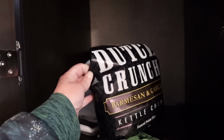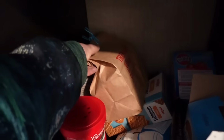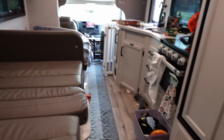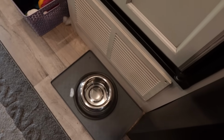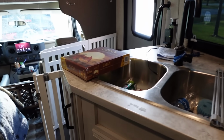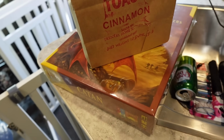The double crunch chips that you guys normally see me get the salt and vinegar. Again, I couldn't find the salt and vinegar. But anyway, this is coming inside with me. This can stay here. This is coming inside with me so I can eat it with breakfast. But that was kind of what I wanted to show you. That'll get washed. And then we'll kind of get reset so that when we do the next trip, everything will be ready. Oh, and of course I've got to bring this inside the house because that's going to get played,